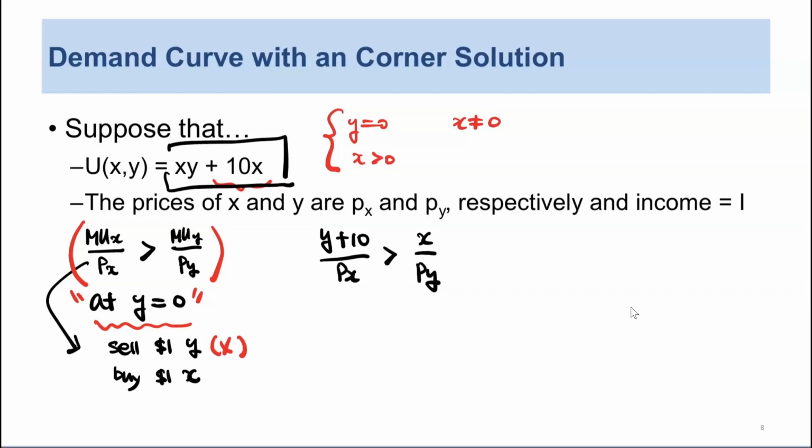And at the same time, for any point to be optimal, given that the more-is-better assumption is satisfied for this utility function, it must be the case that px times x must be equal to income minus py times y. So if you multiply px on both sides, you get this one. And then I'm going to replace this one. And then we're going to get